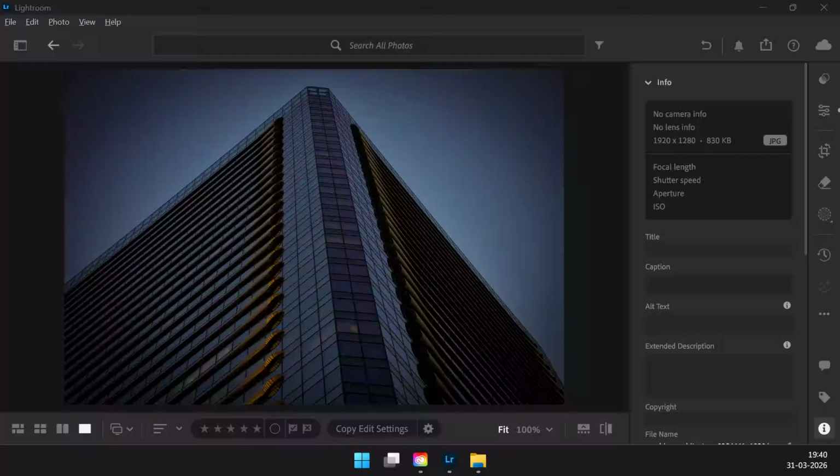If Adobe Lightroom is throwing error code 10,000, don't worry. This usually means Lightroom has run into a corrupt cache or local storage issue. In simple terms, Lightroom can't properly read or write temporary data, so it gets stuck and throws this error. In this video, I'll show you the fastest fixes in the right order, so you can get Lightroom working again